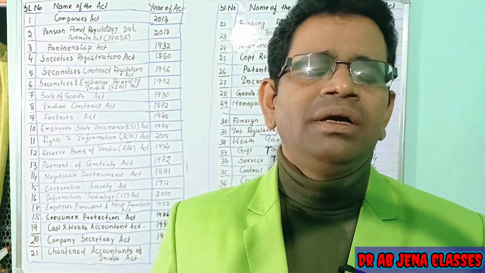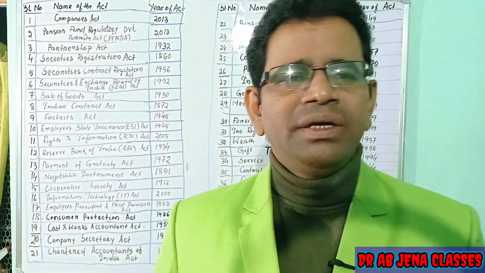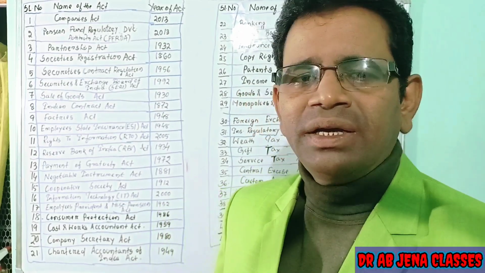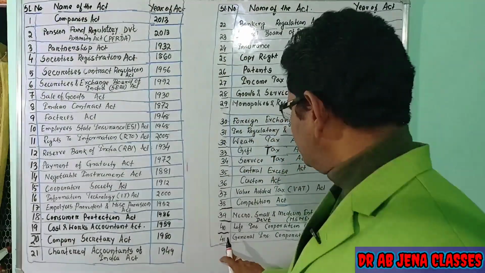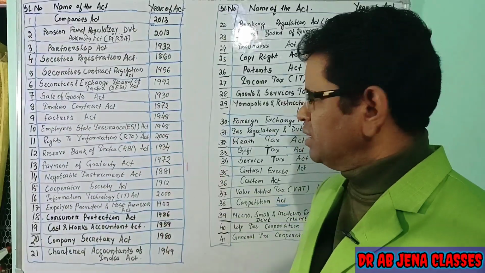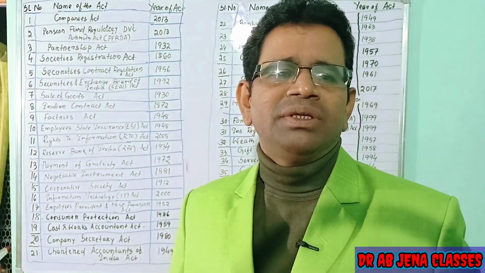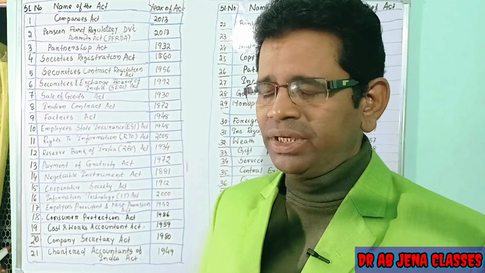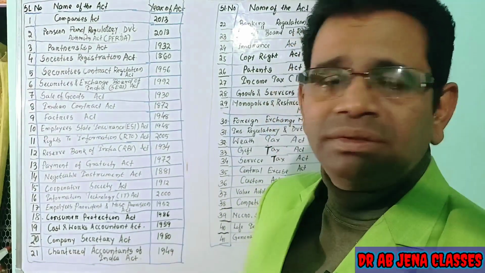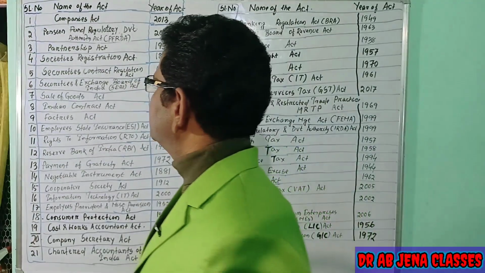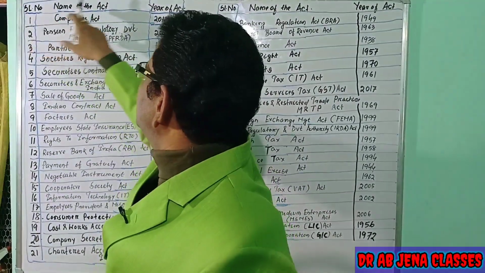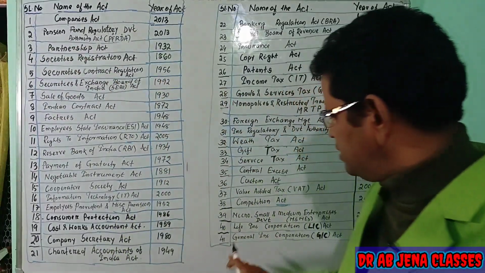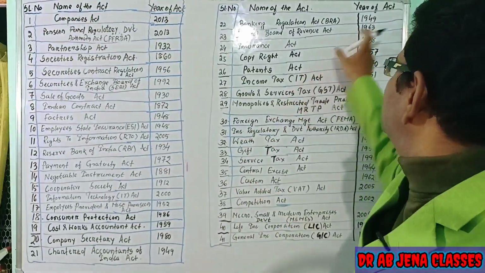So far as our discussion is concerned, I have collected the information and data from the internet and from books. There are 41 Indian acts that we are studying in our syllabus. It may be business law or business studies and other subjects also. So, dear friends, we will start our discussion. I have the serial number, the name of the act, and the year of the act. I have procured the information from the internet: 41 acts and the year of each act.